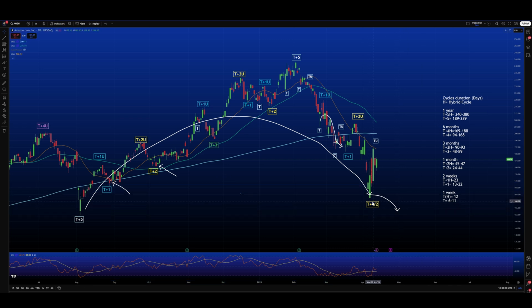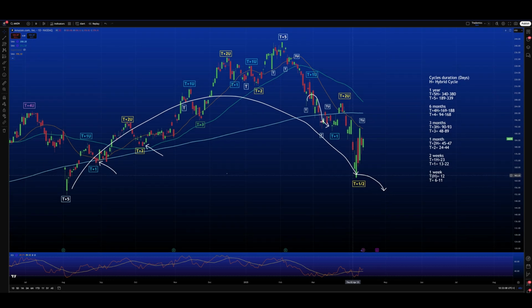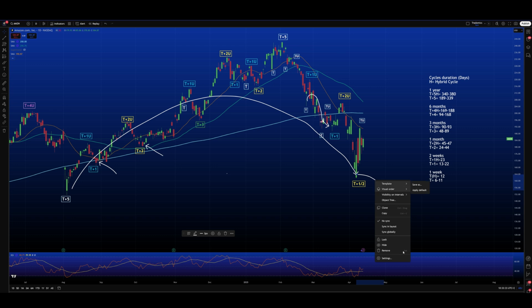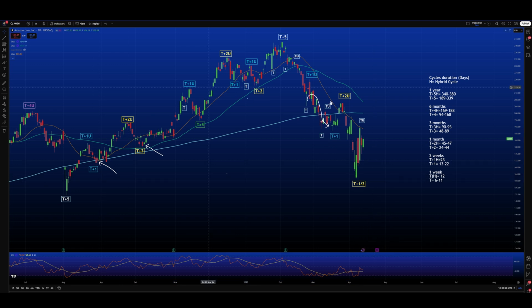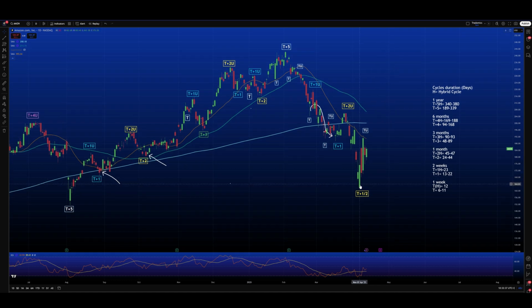But compared to Microsoft, we don't have the phase condition. So the cycle is still neutral, it's not negative. Therefore, the difference is that Microsoft will continue to go further down, but Amazon is not obliged to continue falling because this swing is not broken yet. And this is a big difference. I repeat, a big difference, because Amazon, from a data driven perspective, is reacting better to the sell off. Or, if you will, it is stronger compared to Microsoft.